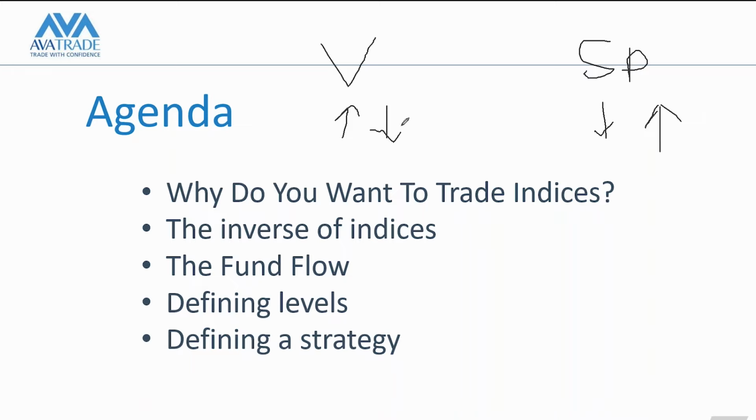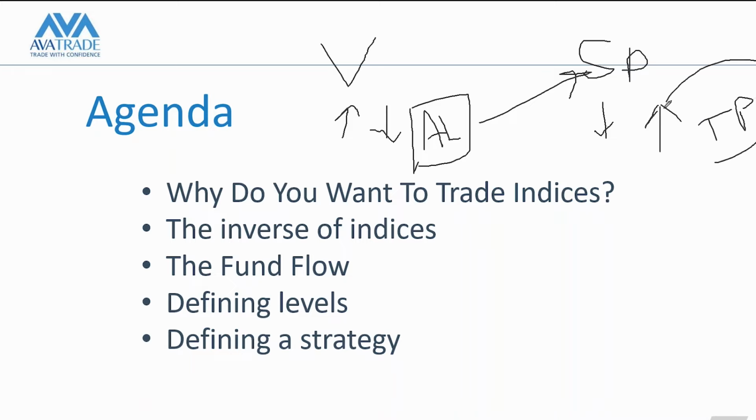That is the relationship they have between them. And when the VIX is at an all-time low, or at ultra low levels, that gives us an indication that there is a risk for the S&P 500 index. Meaning if you are long on the S&P 500, it is time to take profit or maybe get out of the market altogether. So that is the relationship between them, and the opposite is true as well.